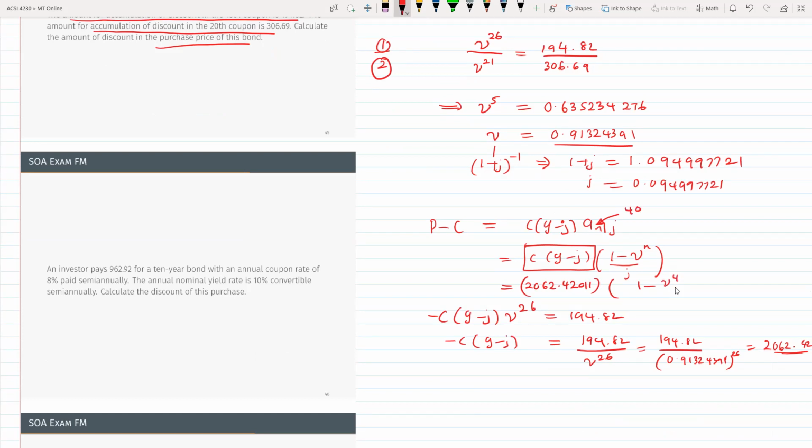So V to the 40 over J. Okay, so this one times 1 minus V, which is 0.91 to the 40. Then divide by J. J is